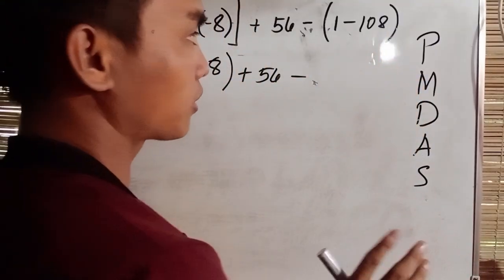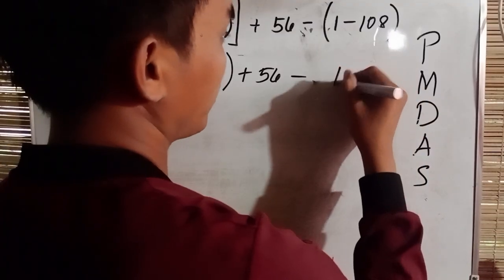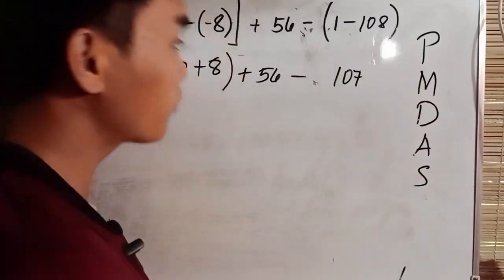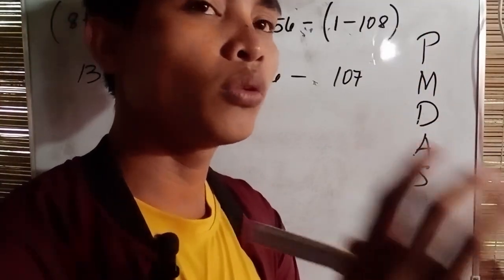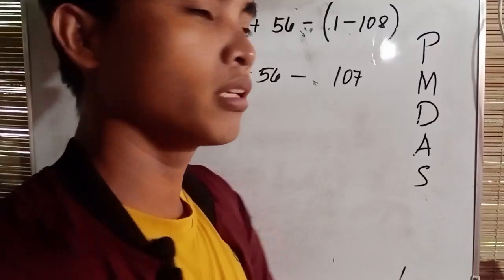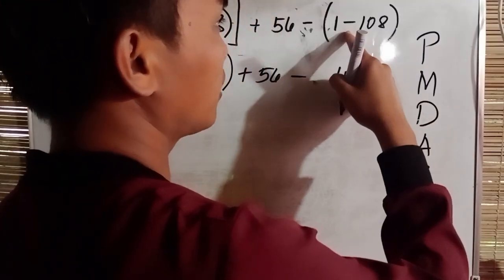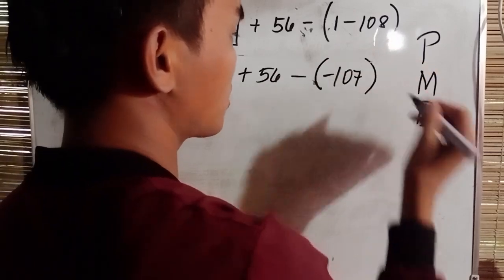Now, let's subtract first. 108 minus 1 is 107. So again, remember the rule for adding and subtracting integers. When we add or subtract integers having unlike signs, you copy the sign of the biggest number. So we have one negative here in 108, so the answer is negative 107. We will use parentheses to